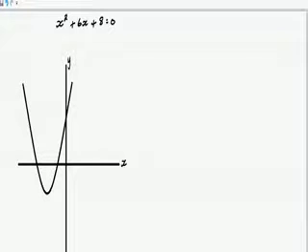Okay, so let's have a little look at this in a little bit more depth, and we'll see if it helps clarify a few points. So here's a quadratic equation, and all quadratic equations equal 0. First off, this one I know can be factorized. So if I factorize it,